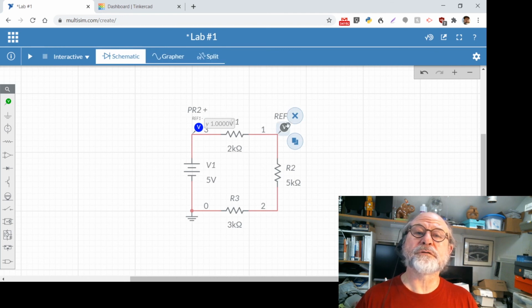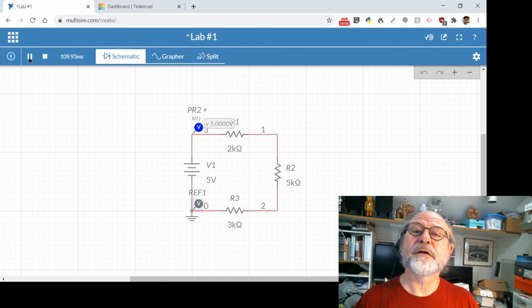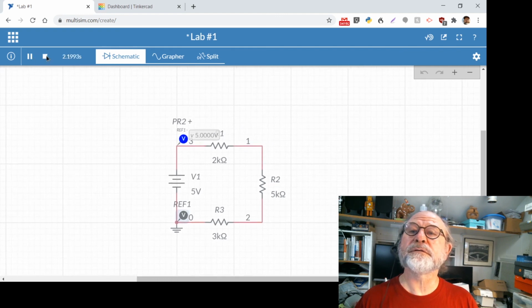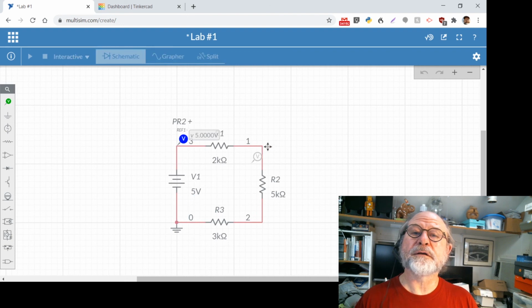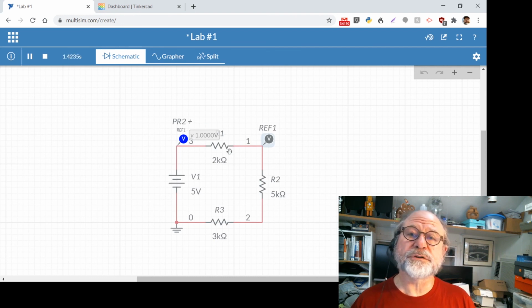And that's where the 1 volt comes from. If I were to take it and drag it here, now I have to do the simulation again, but let's go back. If I put it here, it should tell me 5 volts. So this is going to be the red probe, and this is going to be the black probe. And let's run this. And now it says 5 volts. Now, can I grab this and put it someplace else? Nope. I've got to stop and now move it here. And now run this here. And so what this is telling me is the voltage across R1, which we would call V1,